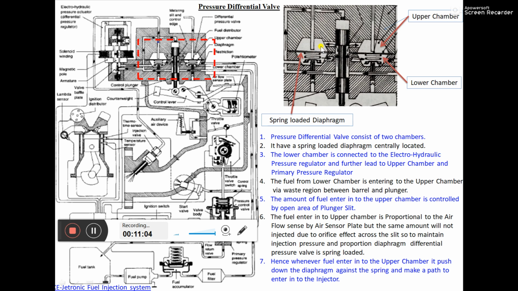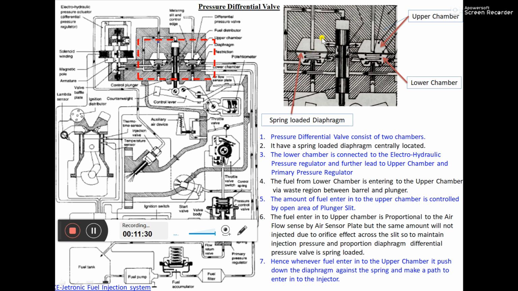Here it gets metered. Okay, so similarly it was there also, but the only difference between those two pressure differential switches is that here the spring is located below this diaphragm. In those cases, the spring is located above the diaphragm, and they also have a seat on which this line is supposed to rest. Okay, so this is a difference.